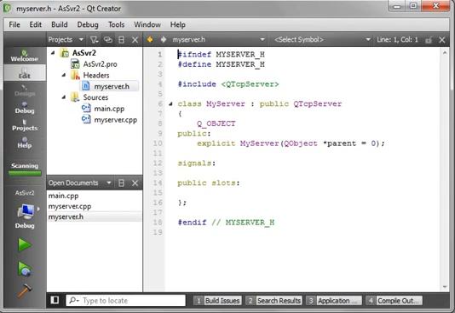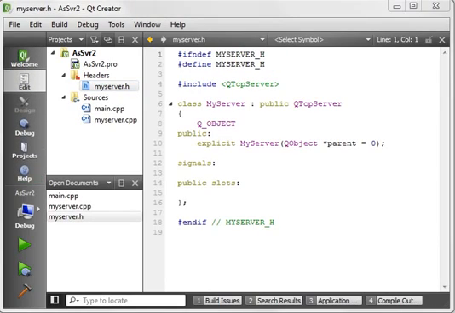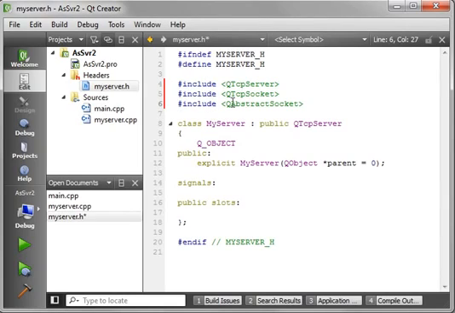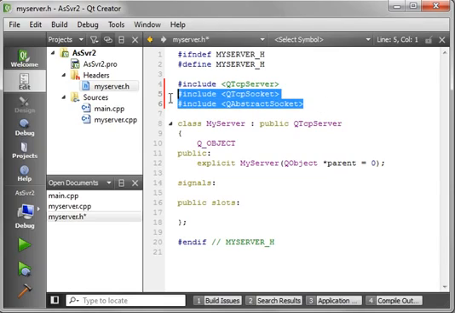So first thing we need to do is, of course, add in some includes. And includes take me a while, so I'm just going to copy and paste. We're going to add in QTcpServer because we need it, QTcpSocket, and QAbstractSocket. We're doing those for the signals and slot mechanisms. Alright, now we want our